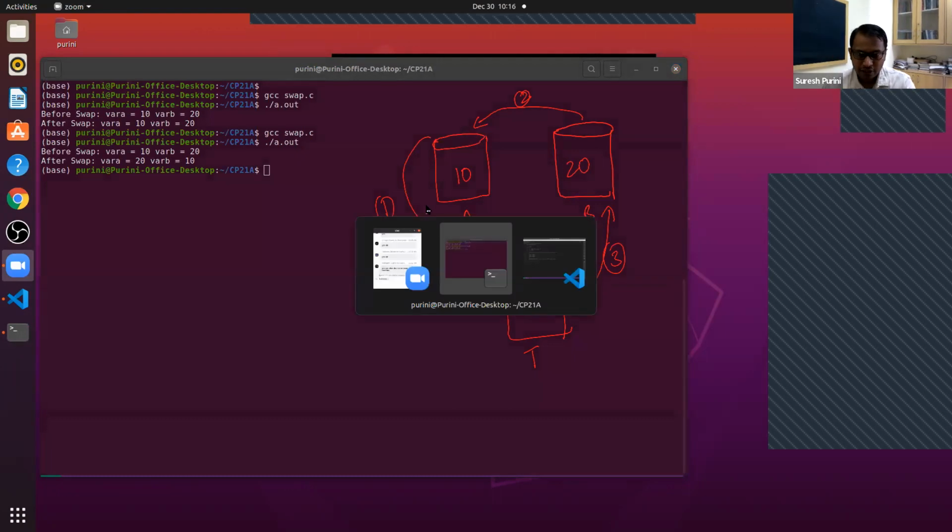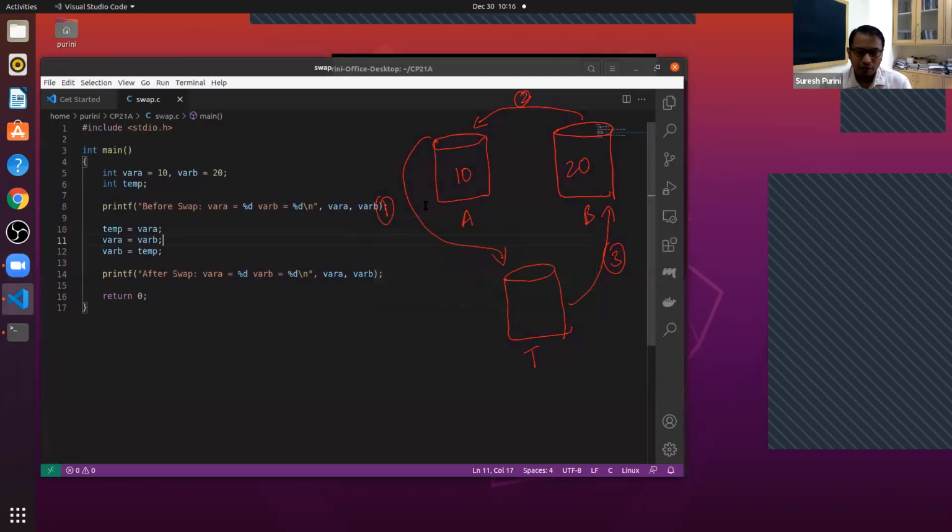Now comes the next question. Usually we want to call this swap multiple times. There are other ways of doing it, and we have to take care of overflow.